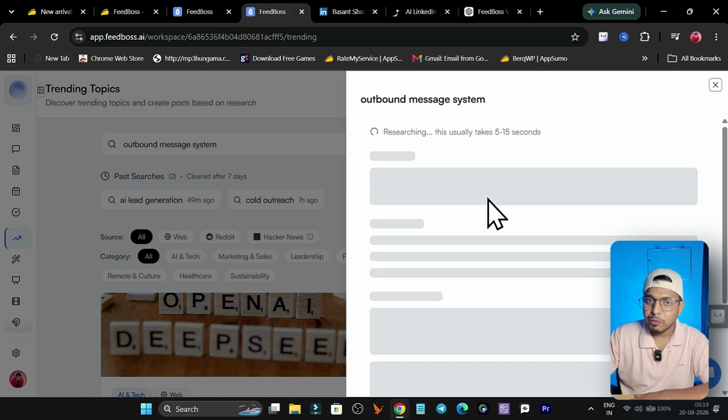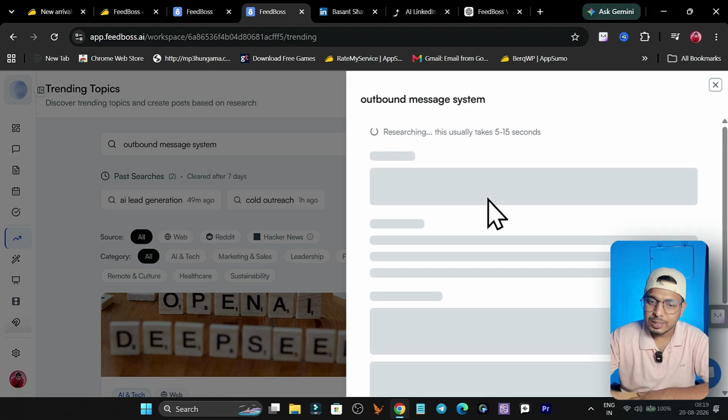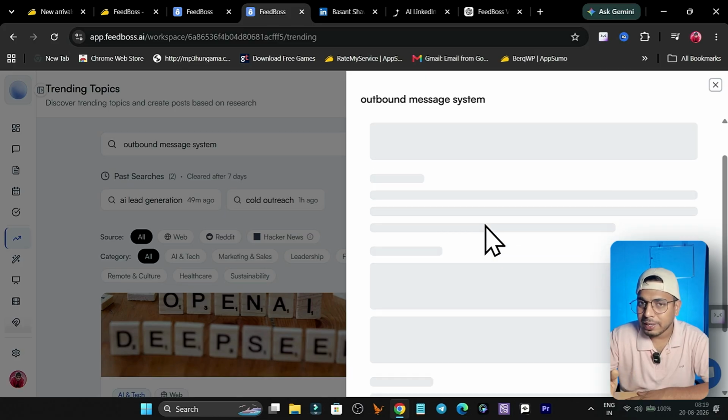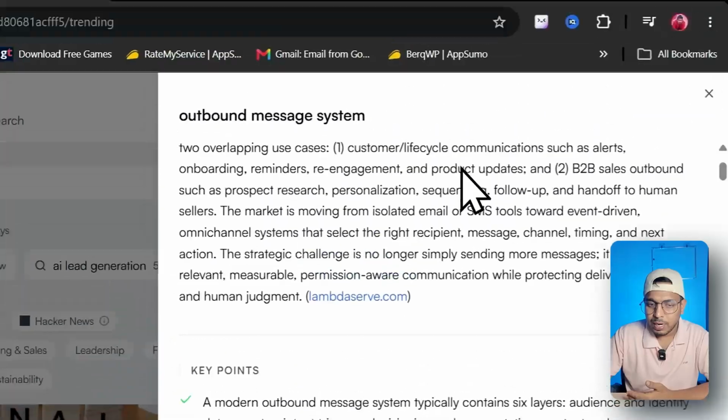It can take a few seconds to get all this stuff, but it is going to be worth it, because the data you are going to grasp, just read overall and you will understand everything. It will also give you the links of the sources where you can go and learn more about it. It will also let you set up your content strategy on this gapped content here. Right now this is still working, so I have to wait.